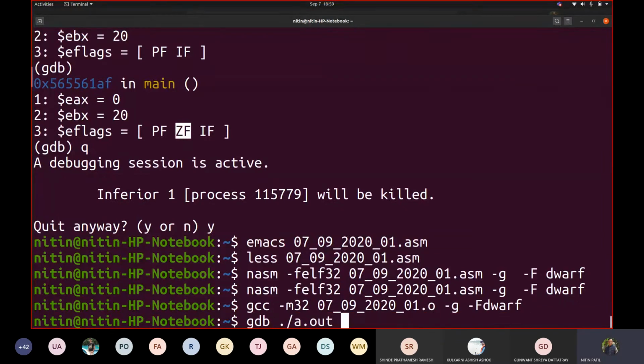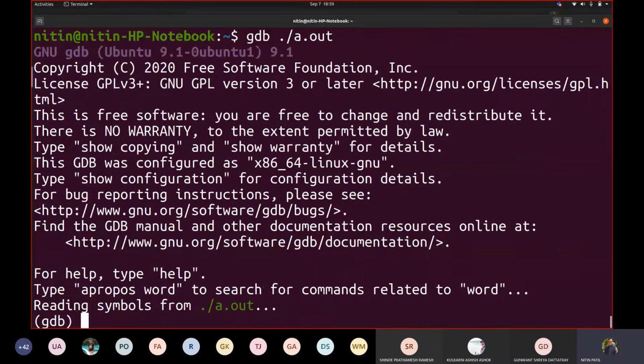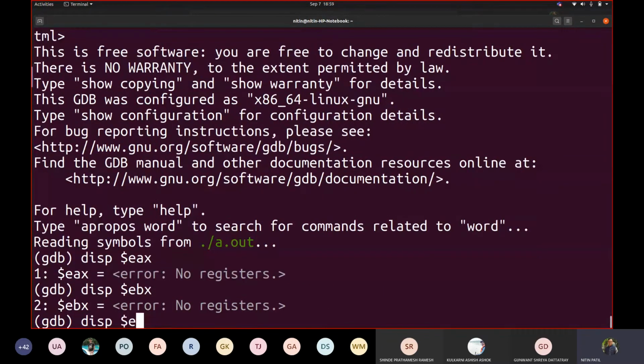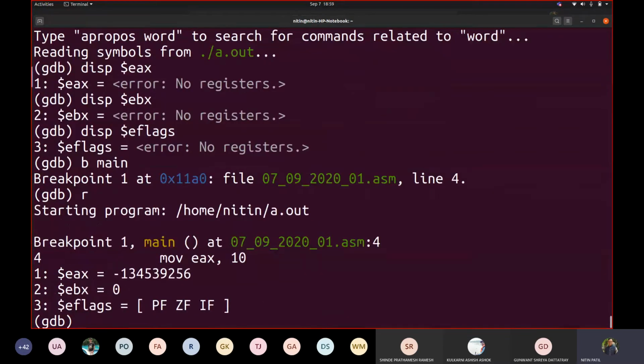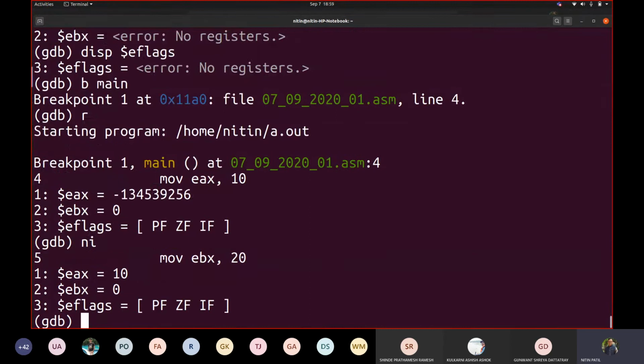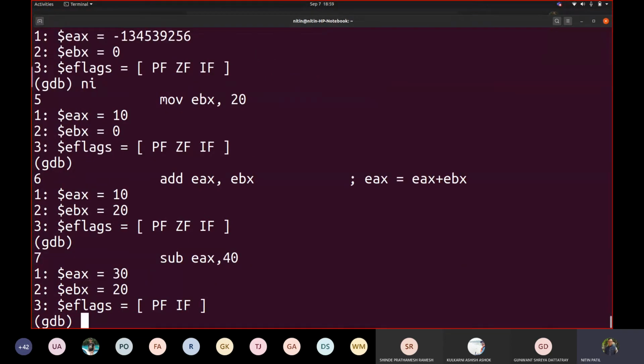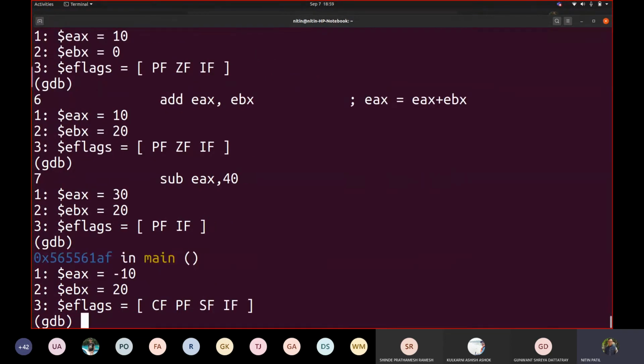GCC and now debug. Display $ex, ebx, eflags, breakpoint main, run. Now see, next instruction affected the flag. You will see over here earlier it was PF ZF IF. Now there's a carry flag, sign flag and parity flag.